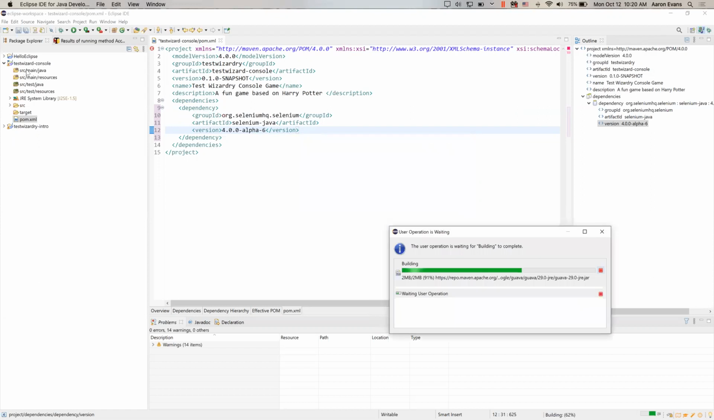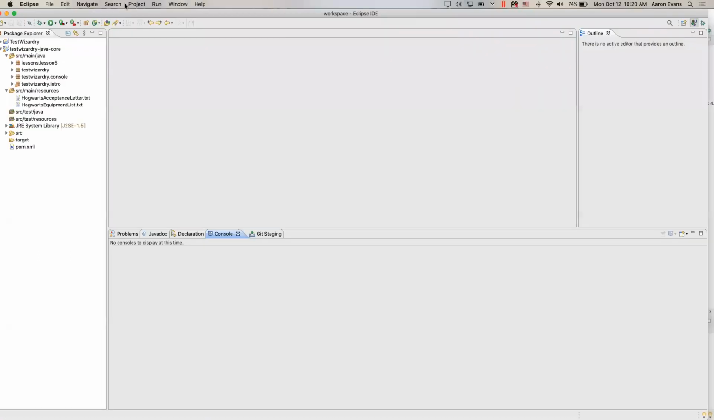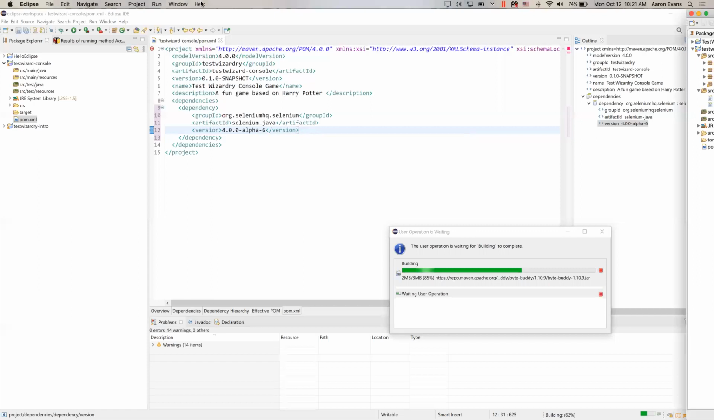So under source main Java, what we want to do, I'm getting a warning of something. Oh, it's not going to let me use Eclipse while it's downloading that. You can see it's downloading all these different things. So I'll cheat and I'll hop over here to show the TestWizardry Java core, which is,